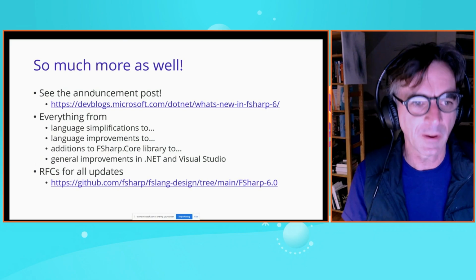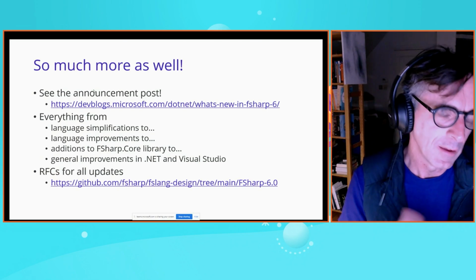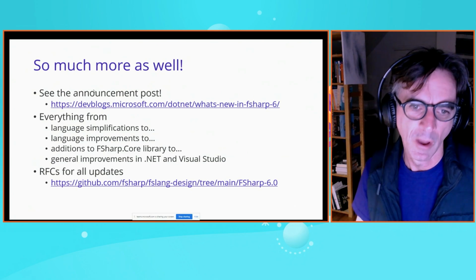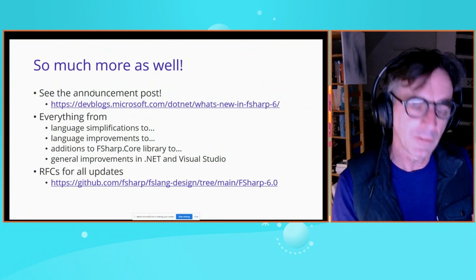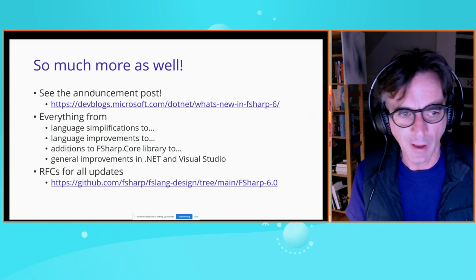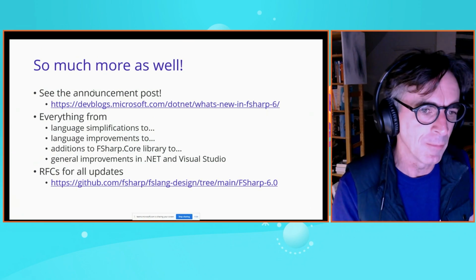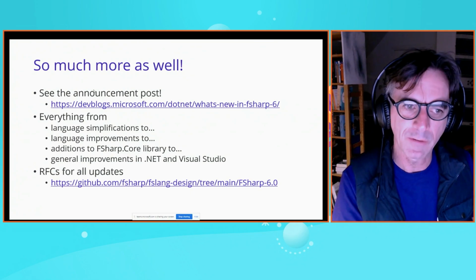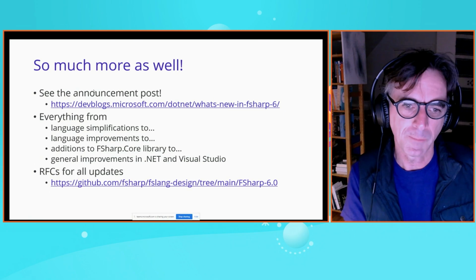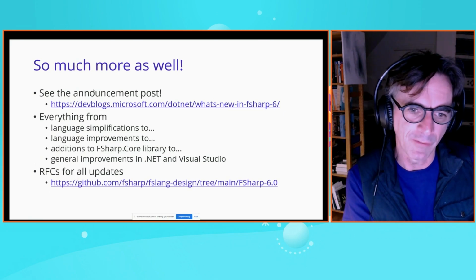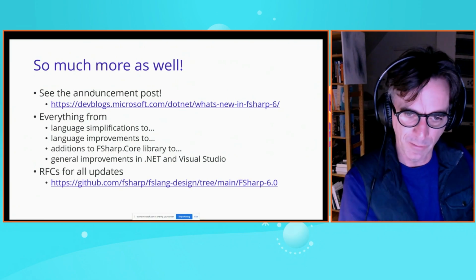There's language simplifications, language improvements, additions to the F# core library, and general improvements to .NET and Visual Studio. In each of the features, you can do a deep dive and look into the RFCs, look into the whole design process, and look into how we implemented them. So there are links through to the pull requests that implemented the features, and links right back in time to